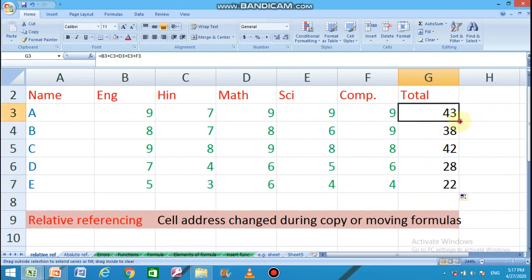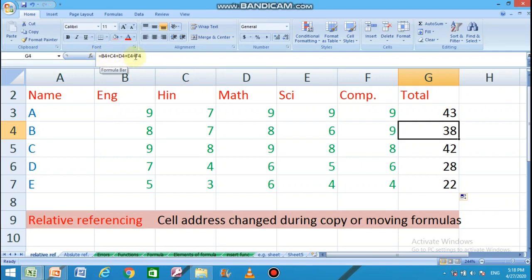Students, when we drag the fill handle, the formula in the cell is copied into the next cell, and again into the next cell. In this way it is copied. And what happened during the copy? The cell addresses in the formula are changed automatically.